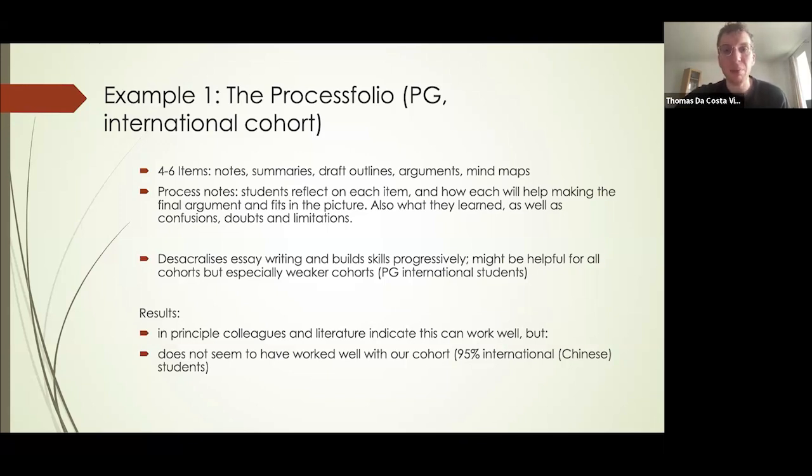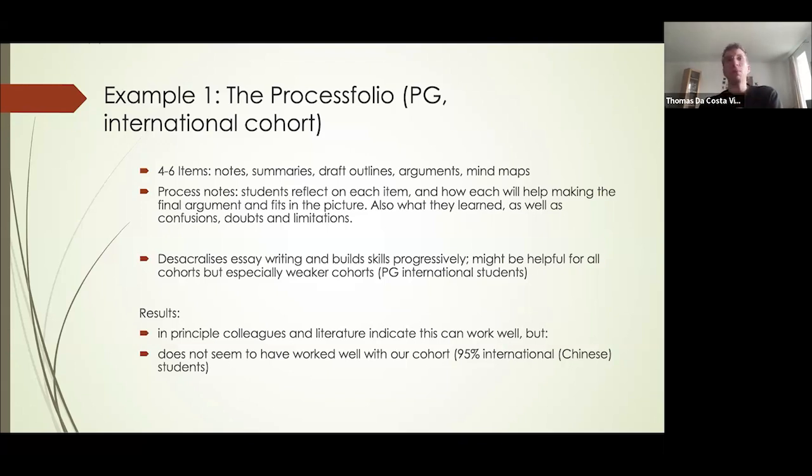So it's an assignment that, in that case, tells them to both use AI and not use AI, to put that in the open, but also tell them don't use it to think, use it to generate ideas, to generate outlines, but then reflect on them. And this is the goal, especially of the process notes. Each item has process notes attached to them. And the item could be 200 words and the process note could be 200 words. The process notes is the student reflecting on the item to which it's attached